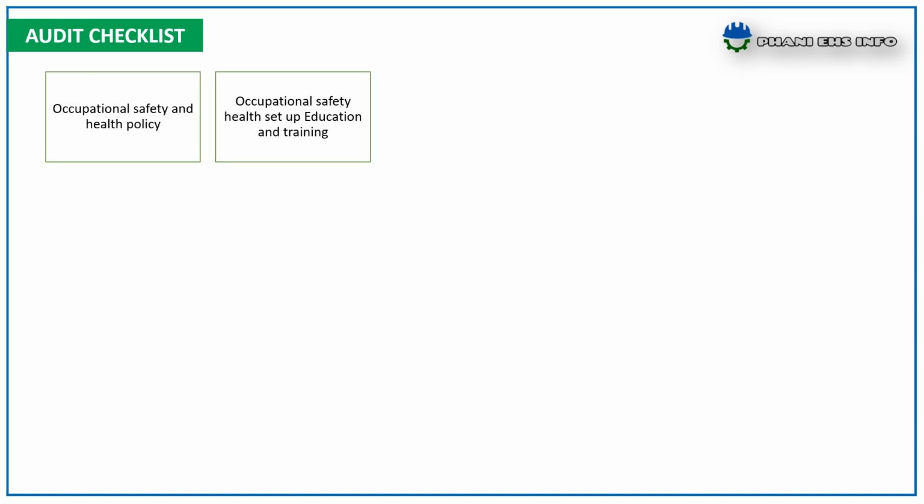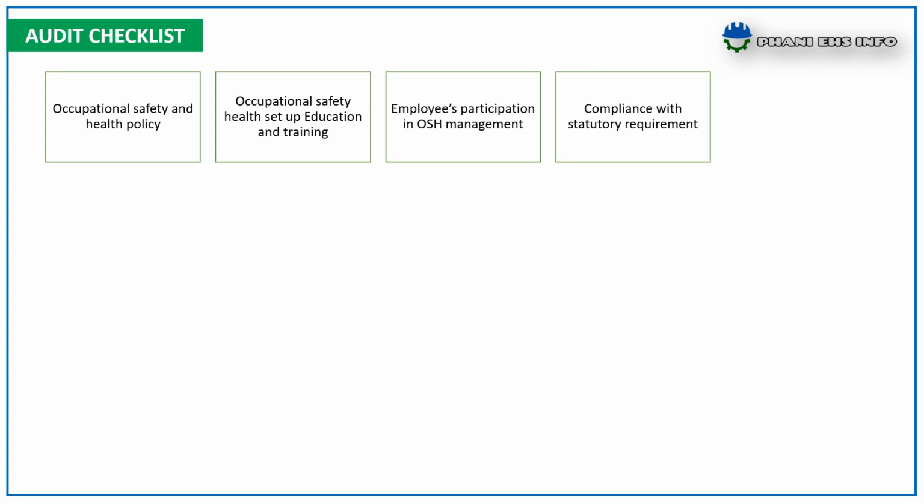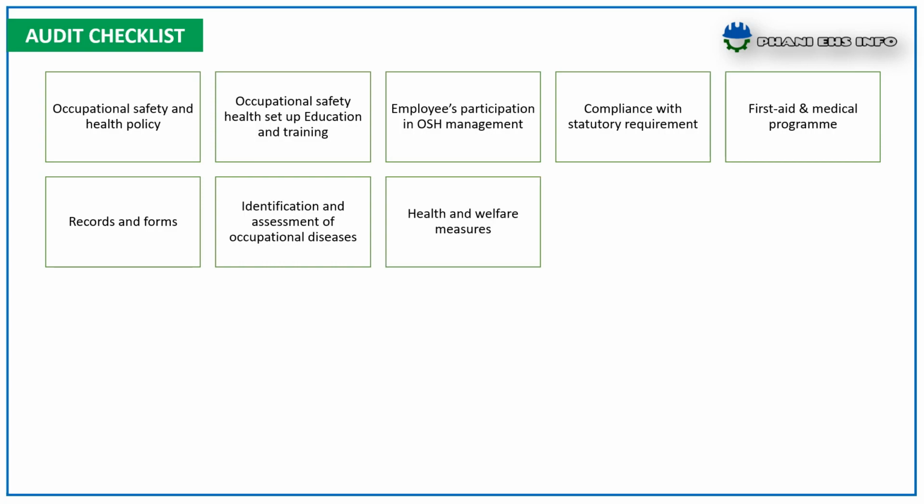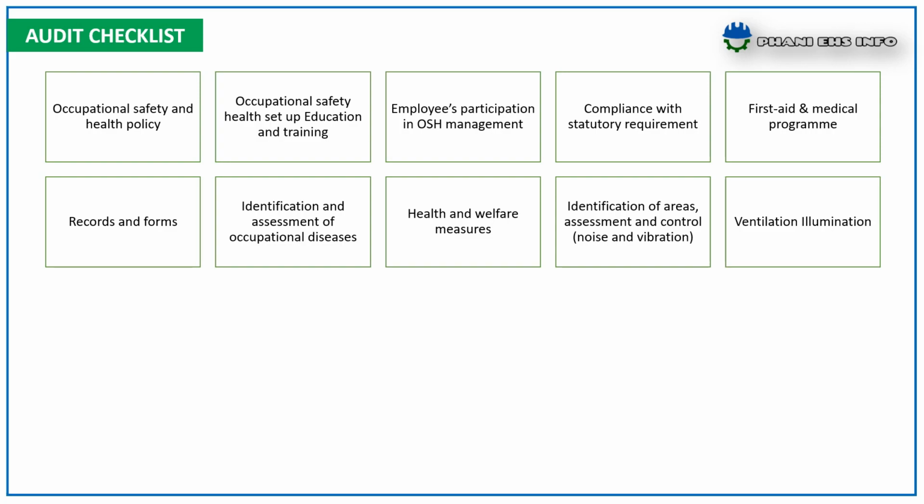The main elements of the audit checklist are occupational safety and health policy, occupational health setup and education and training, employees' participation in EHS management, compliance with statutory requirements, first aid and medical programs, records and forms, identification and assessment of occupational diseases, health and welfare measures, identification of areas, assessments and controls like noise and vibrations, ventilation